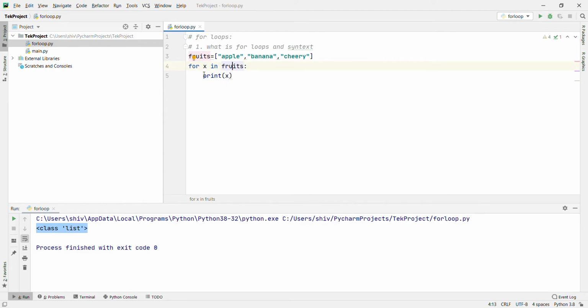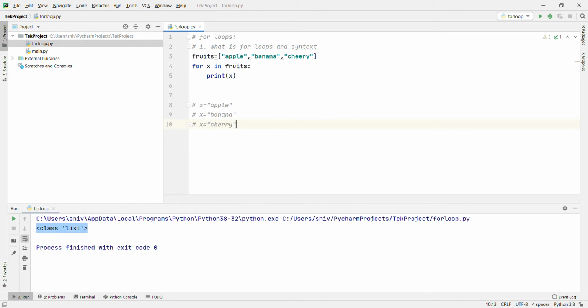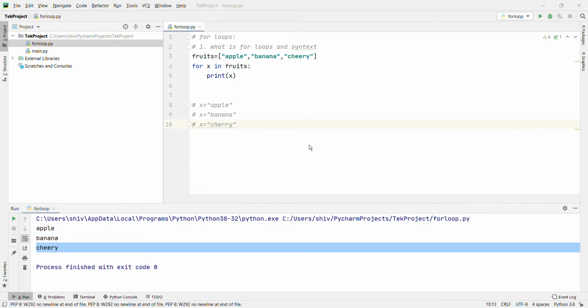First it will set apple, then banana, then cherry. First x is equal to apple, then x equal to banana, and then x equal to cherry, and print like this. Let's run it. Apple, banana and cherry. It's clear now.